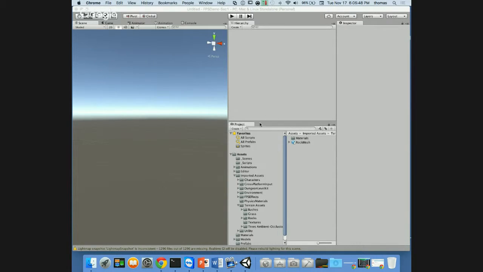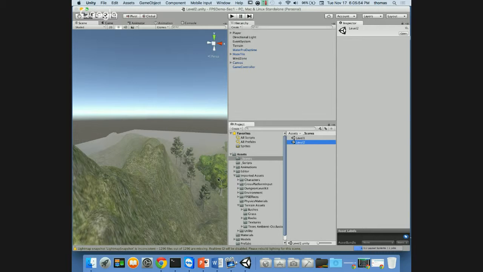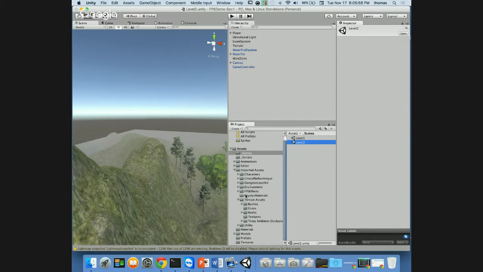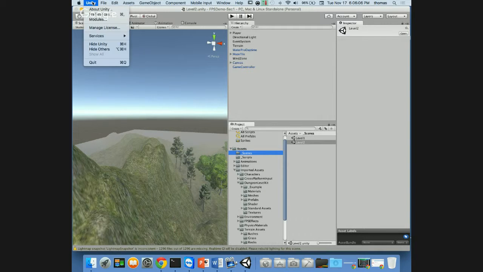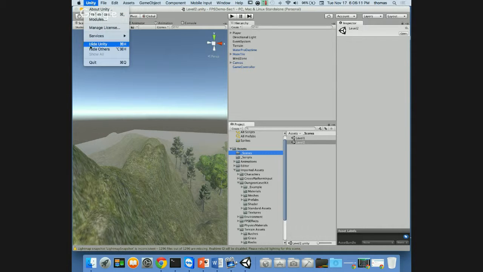Again, I'm using this project that we've been working with. We're working with Level 2, and I've added some additional assets. Under imported assets, I've added something called Dungeon Level Kit, and I'm going to close this off and share it on GitHub for a second. First, I'm going to save everything. File, save scene. I'm going to go Unity and quit,